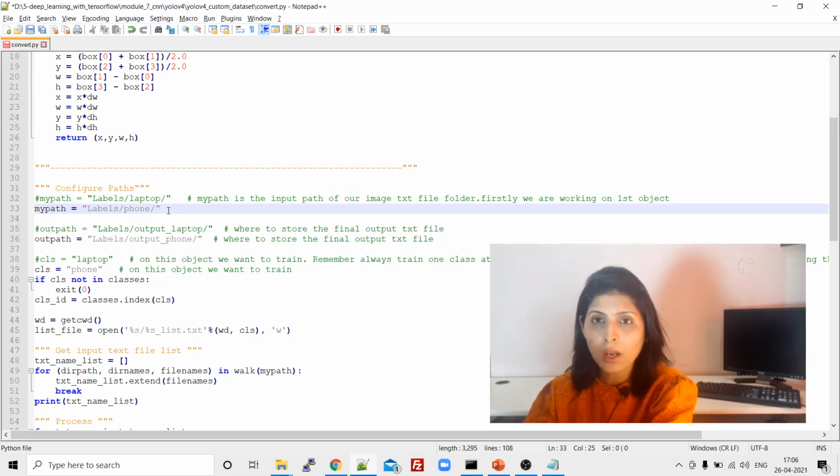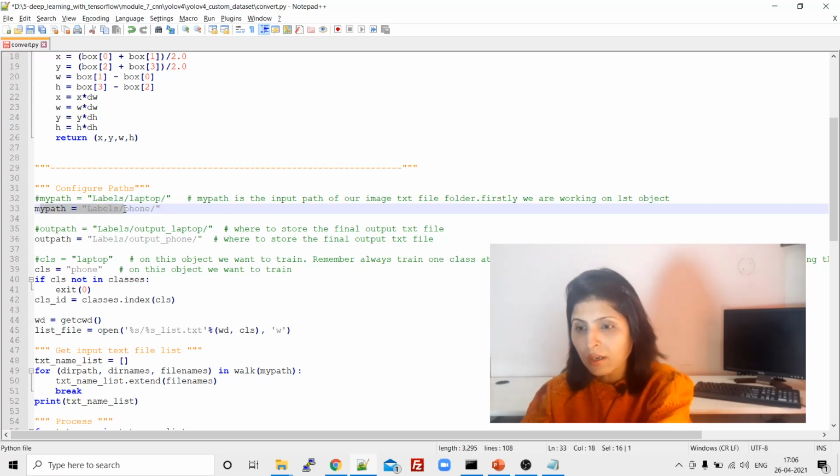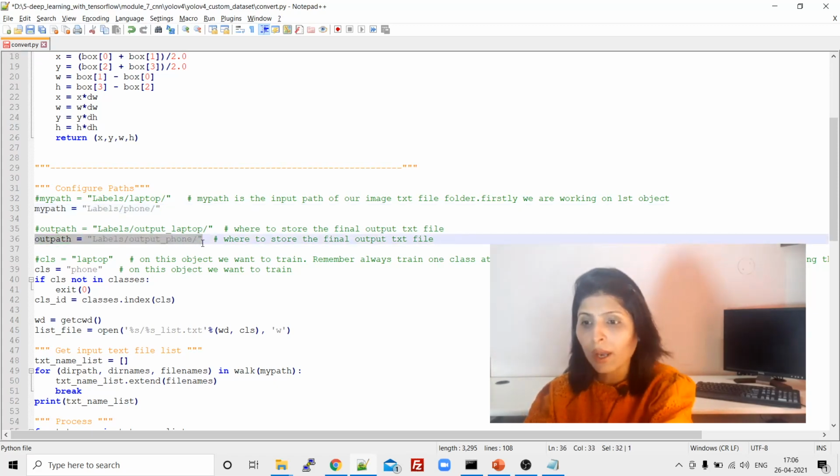We are giving the path of our text files because we want to change the format of our text files. Under labels we have the phone folder, and under phone we have the text files which are related to the phone images in the images folder. In the same way, under my path we have given the path of labels, and the output path.